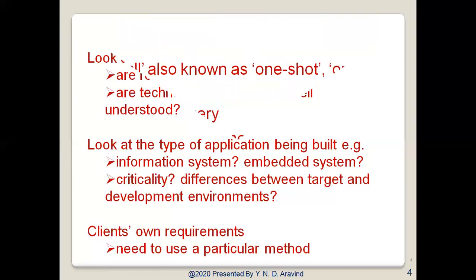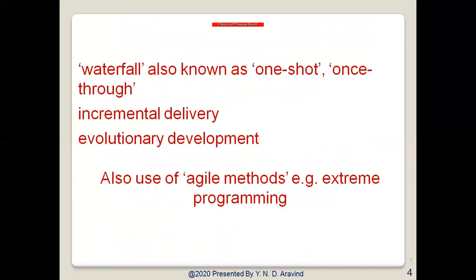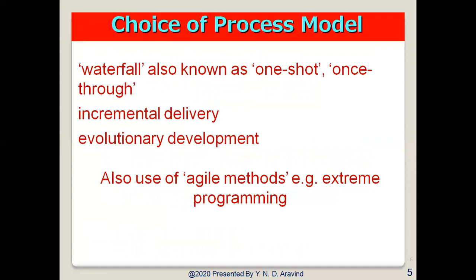So now let us see the first model, the waterfall model. What is a waterfall model? What are the uses of the waterfall model? What is the framework of the waterfall model? What are its strengths and what are its weaknesses? And where we can use this waterfall model and where we cannot use it, that we need to understand. So the waterfall model was the first process model to be introduced.